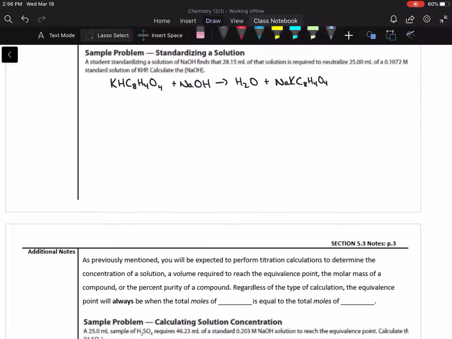In this example, a student is standardizing a solution of sodium hydroxide and finds that 28.15 mL of that solution is required to neutralize 25.00 mL of a 0.1072 molar standard solution of KHP. So the student is using KHP, a primary acidic standard, to determine the concentration of sodium hydroxide to a very